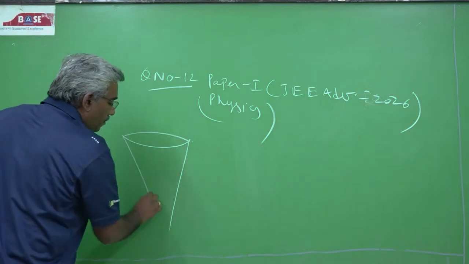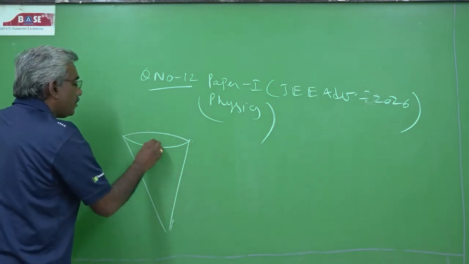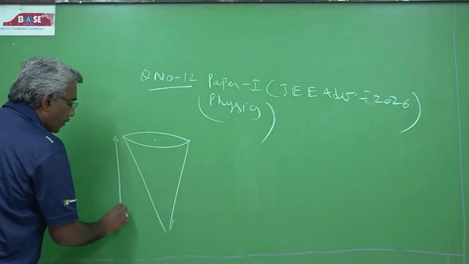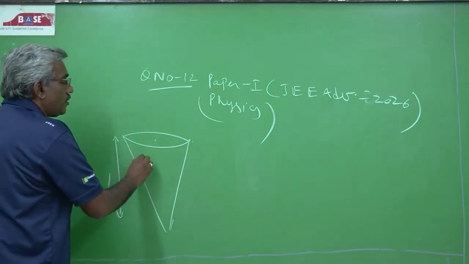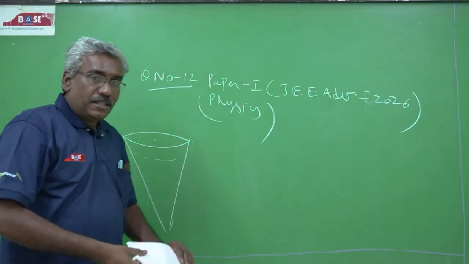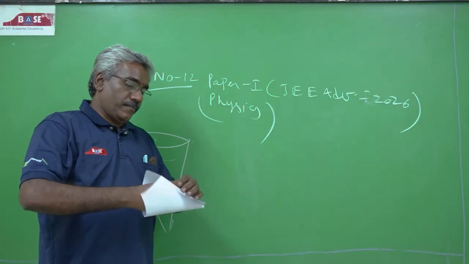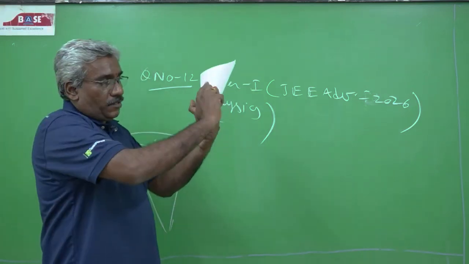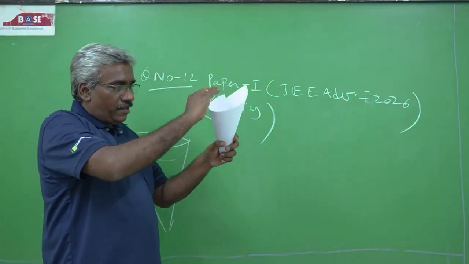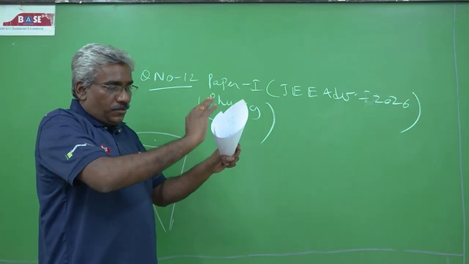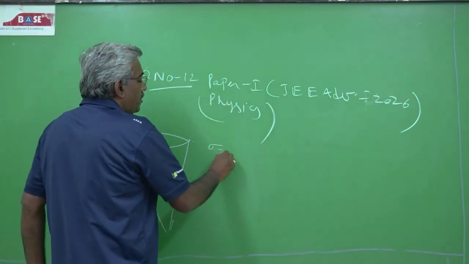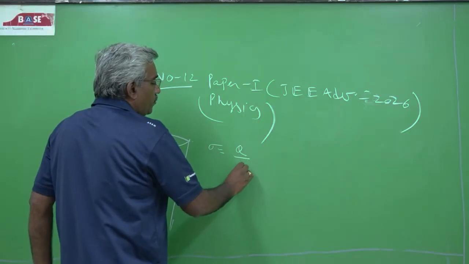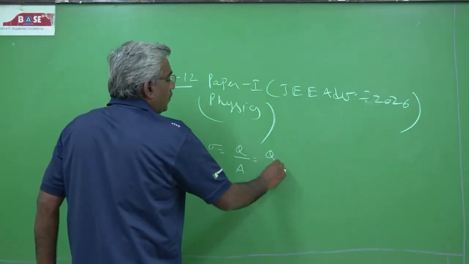A right circular cone, they have given the height of the cone, nothing but h. A charge is distributed, something like this. This is the cone, charge is distributed here. This is a circle actually. So the surface charge density sigma is nothing but q by A, that is q divided by,